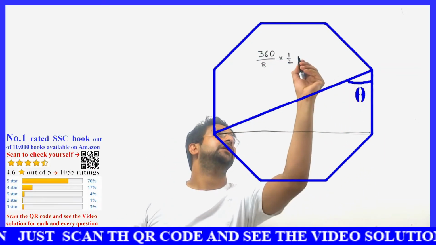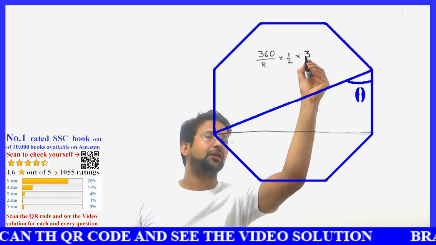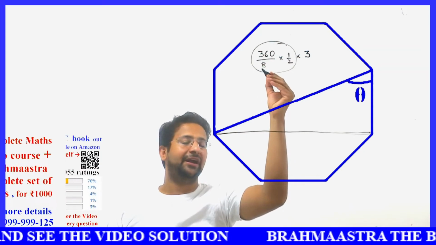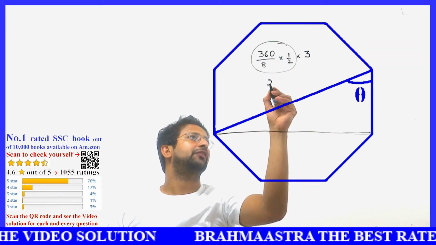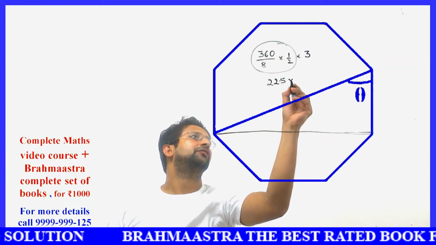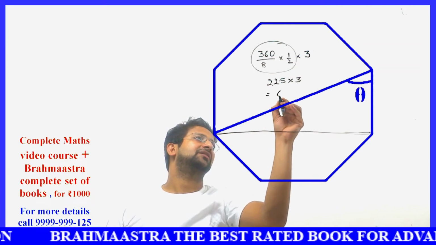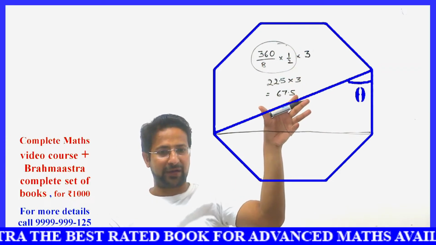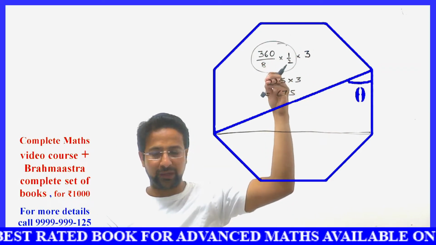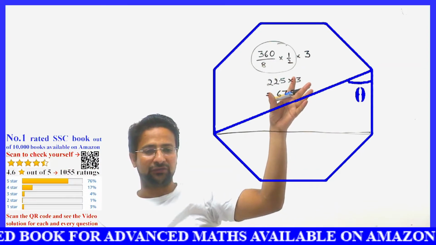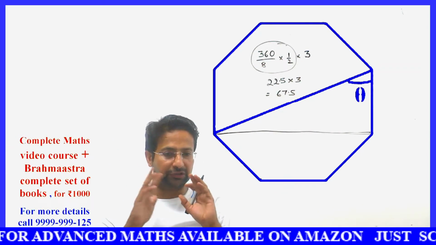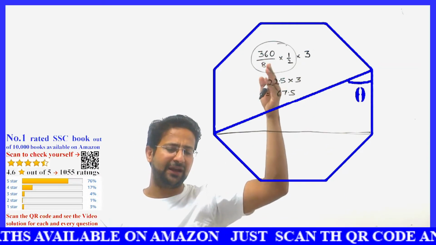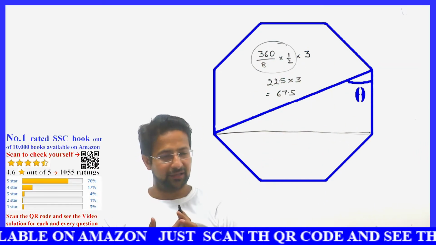Okay, so this will be multiplied by 3. Now you already know this portion is how much? 360 by 8 is 45, divided by 2 is 22.5. So further 22.5 into 3 will be 67.5. I hope, dear students, you realize that I am writing this to explain it to you. But once you are thorough with this video, you can solve all these questions verbally without using a pen. What you need to do is say 360 divided by 8 divided by 2, then multiply by 3.